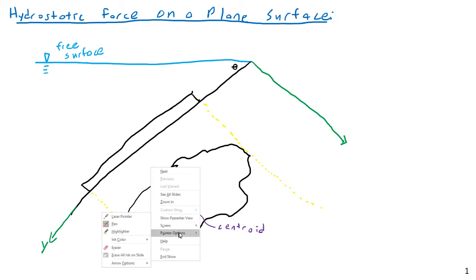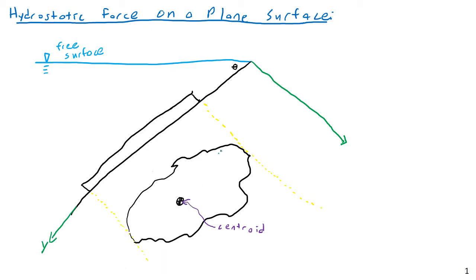The reason pressure has a different center than the shape itself does is because pressure increases with depth. Okay, and now I'm going to label a few dimensions in relation to this centroid that I will need to use. Let's see. So I'm going to say, let's say, okay. Well, first of all,